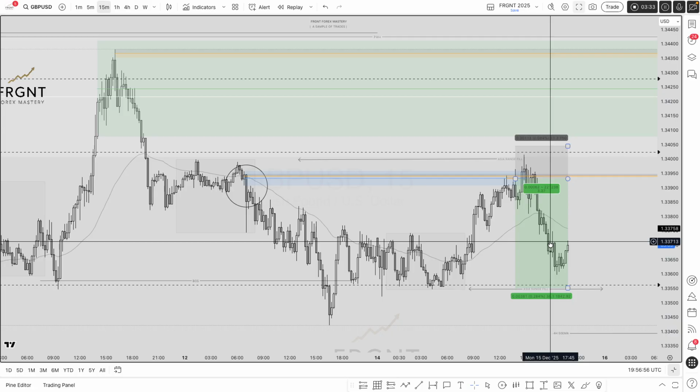So that is a quick summary and quick breakdown of how we look to take GBP/USD today, Monday, the 15th of December,